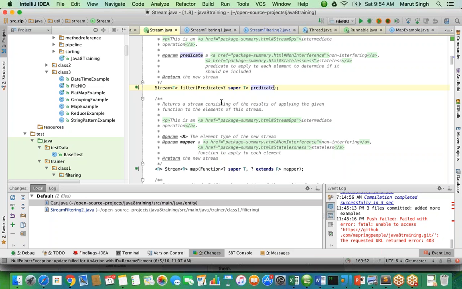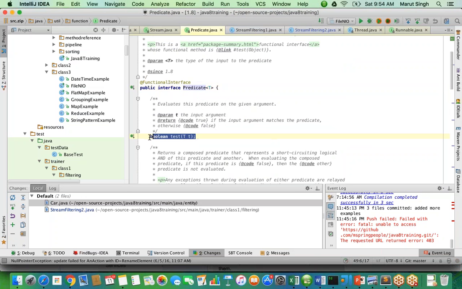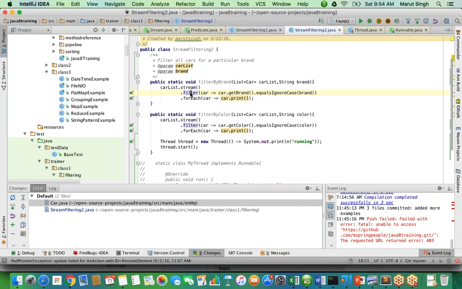Four major interfaces are part of the java.util.function package. Once we go to Predicate, we know that Predicate will have only one function, because it's a functional interface. The implementation of this function, boolean test, is something that I have to provide in my filter function, because filter is expecting a Predicate which operates on type Car. So what I do is provide the implementation of this function using a lambda expression,